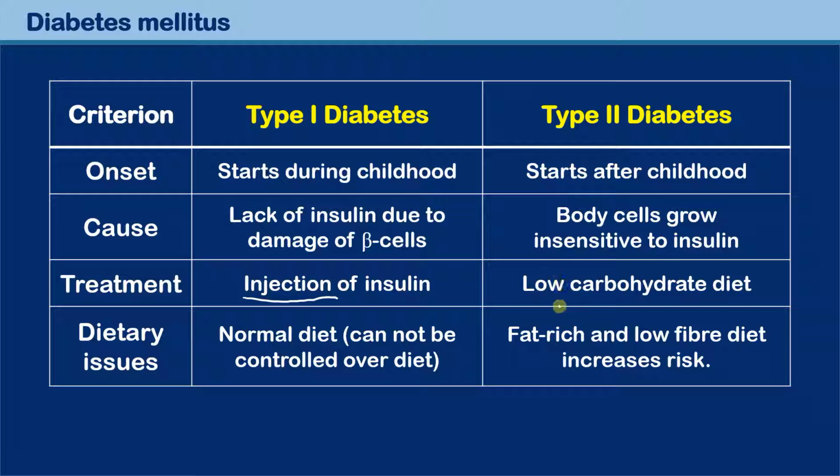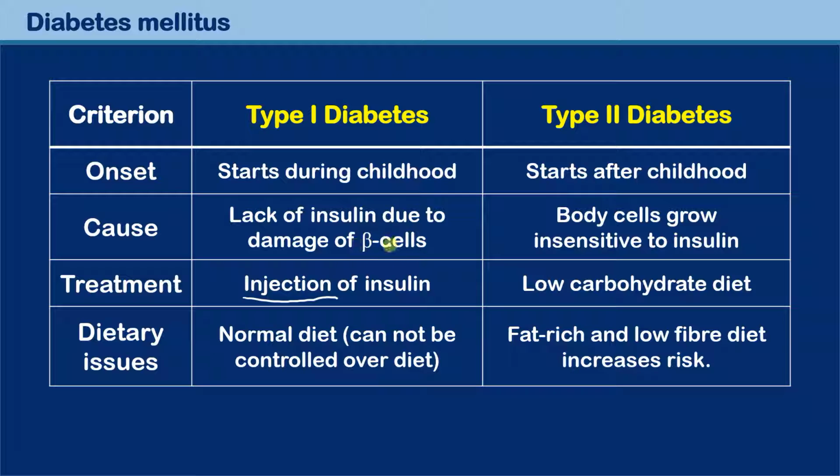So here the only possibility is you have to reduce your sugar intake, your carbohydrate intake, and also have a low starch diet. Don't forget that starch is made of long chains of glucose. If you have a low carbohydrate intake, then you can also try to reduce the blood glucose level. We already talked about diet issues, but people with type 1 diabetes can have a more or less normal diet, or at least the diabetes cannot be controlled over the diet